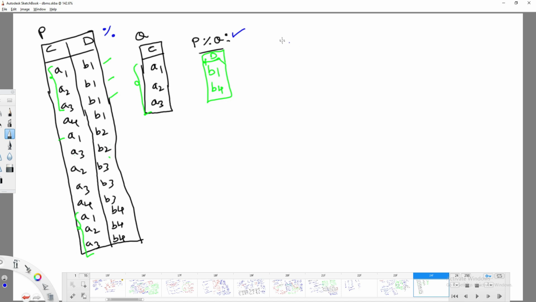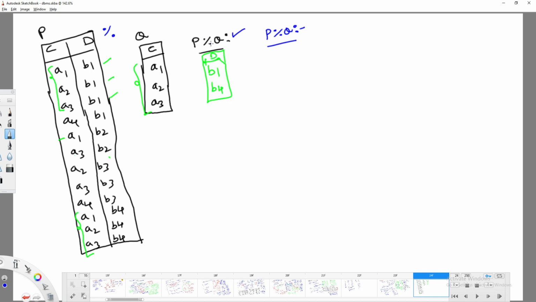First, you are going to get the data, which comes from performing the operation P minus Q. So what are you trying to get finally?